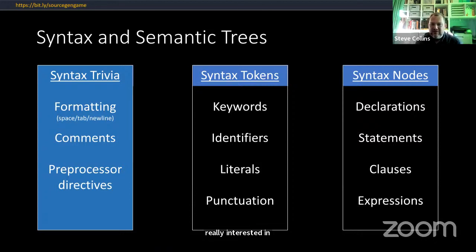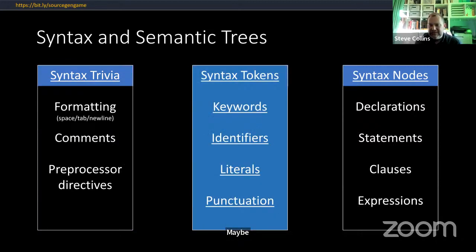Moving into the middle, we've got tokens, the next lowest level of syntax that can't be broken down any further. So these are our keywords, our names of variables, the literals, the punctuation, such as the end of statement semicolons, things like that. This is the bit that's not a million miles away from what I was doing of looking up all the keywords on the Spectrum in that syntax table in the Spectrum. This is understanding what all these keywords mean and how to take advantage of them.